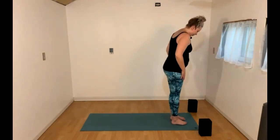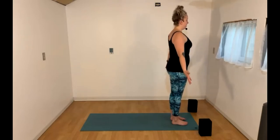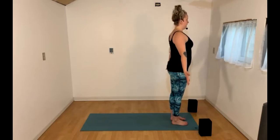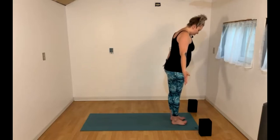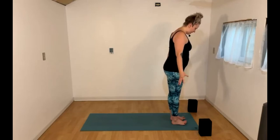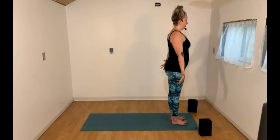That feels good. We'll spin the palms to face the front of your space. Engage through your core. So we're not finding a back bend here. We're nice and straight up. Pick up your toes, spread them out for a moment. Just hold them there for a second. Toes spreading out, fingertips spreading out, hands and feet getting a little bit of a stretch here, and then set